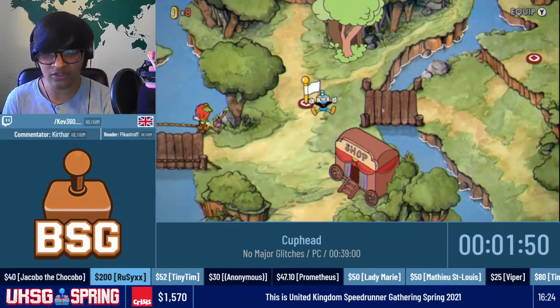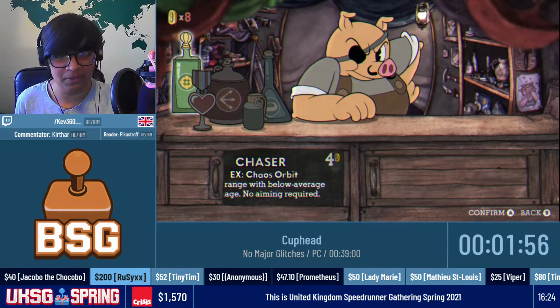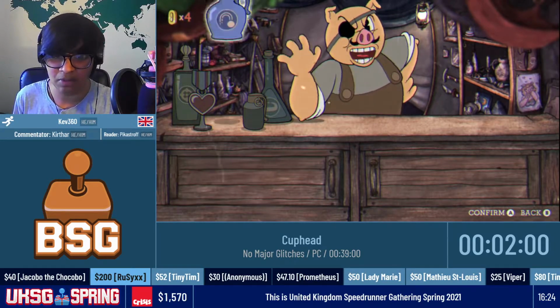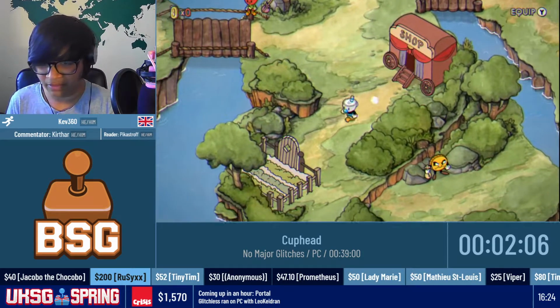So we'll be going into the shop and buying 2 weapons, Roundabout and Lobber. Although there are no major glitches, we'll be abusing a glitch to buy them. You press A and B at the same time to buy and leave the shop. It allows you just to get the weapons a bit faster. You'll see me just pulling up the menu to